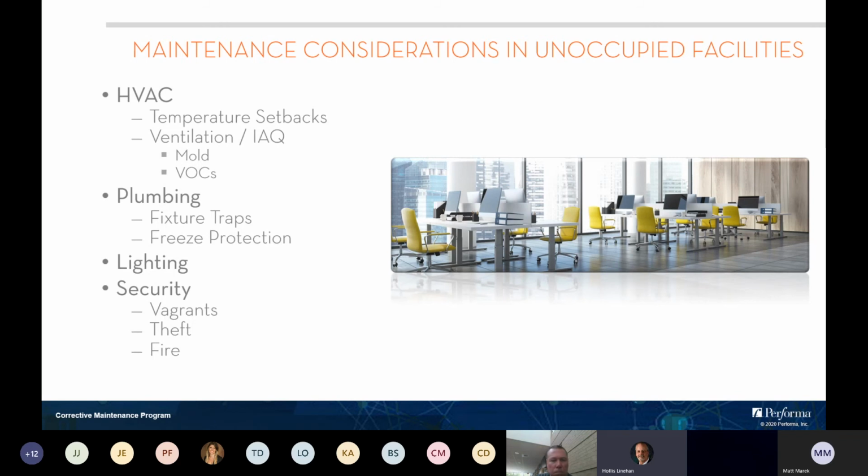And then we have security that's an issue, because when an unoccupied building exists, you have vagrants that can occupy elevator lobbies, stairwells, skyways, parking ramps, and they leave behind trash, human waste, and they tend to light fires. There's vandalism, graffiti, theft of copper and aluminum from building systems and utility services and water lines. And there's a lot of larger facilities that have blue light emergency phone systems that